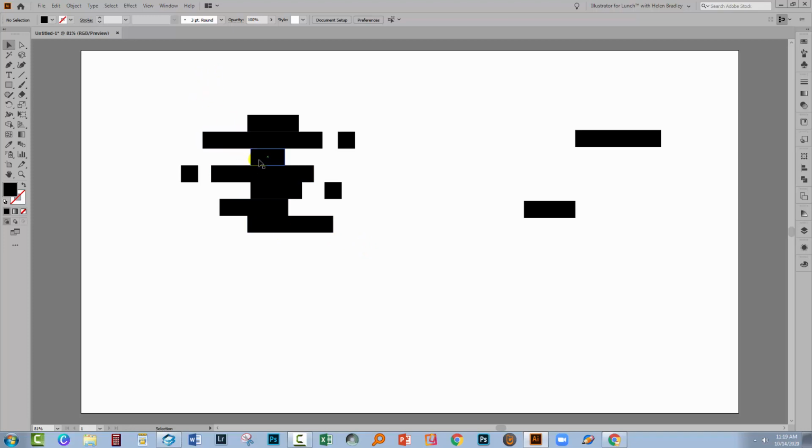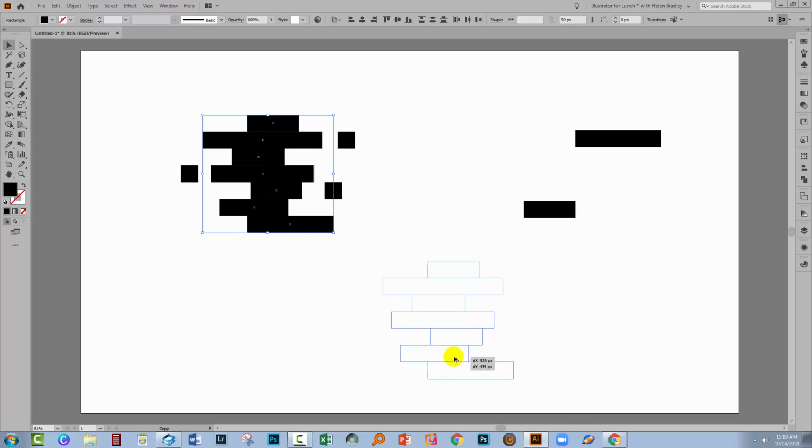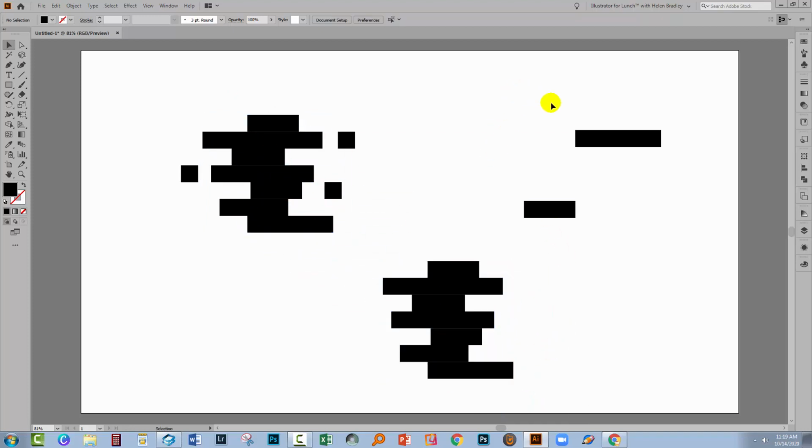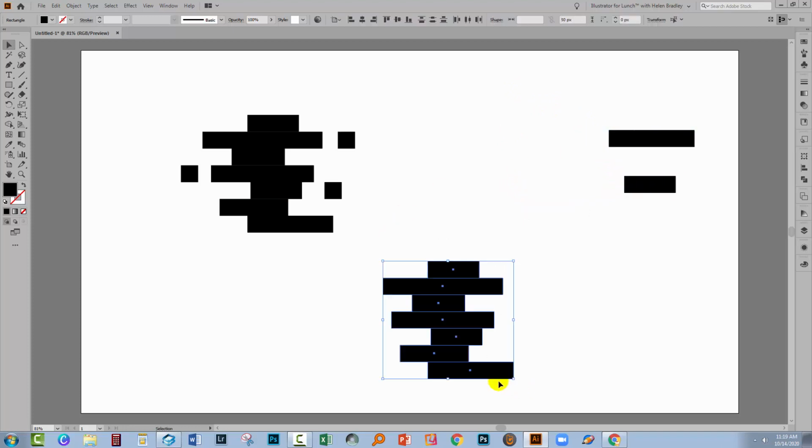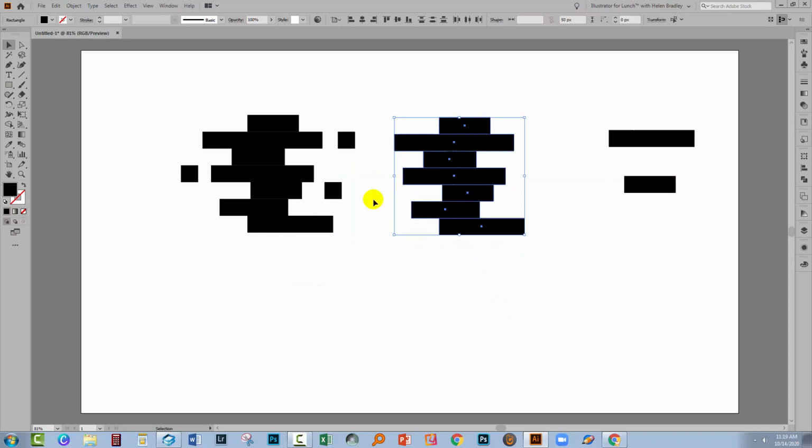Now I want to take a copy of this because I want to show you something. So let's just take a duplicate of this set of lines. And we're going to make a comparison of using the current settings that are available in Illustrator and the new in Illustrator for rounding corners, and also using the old setting, because I think you might be surprised at the